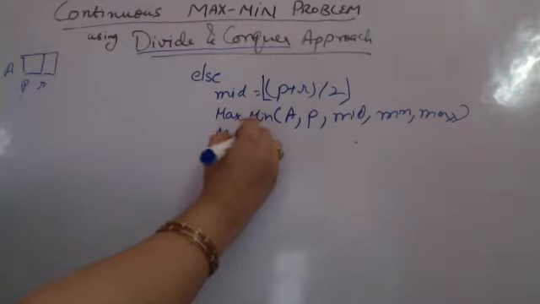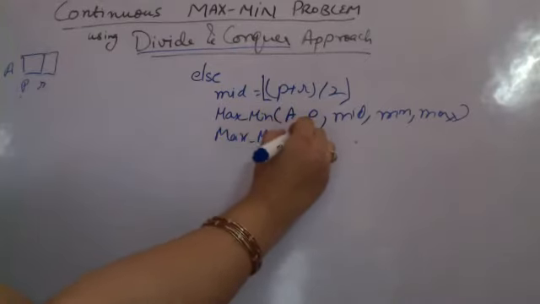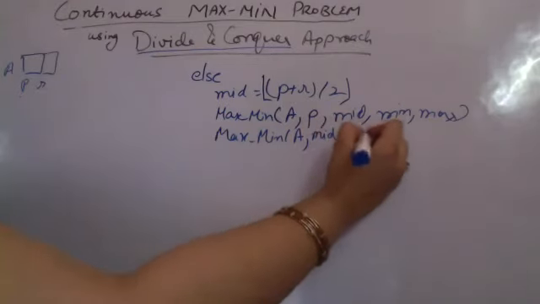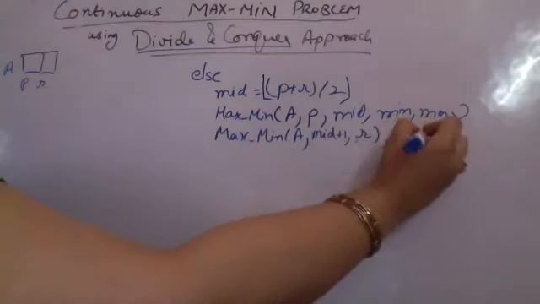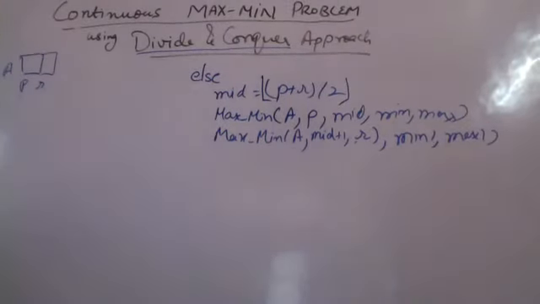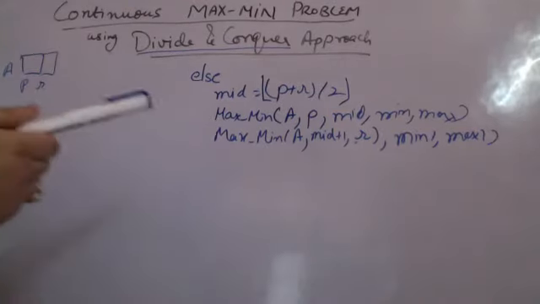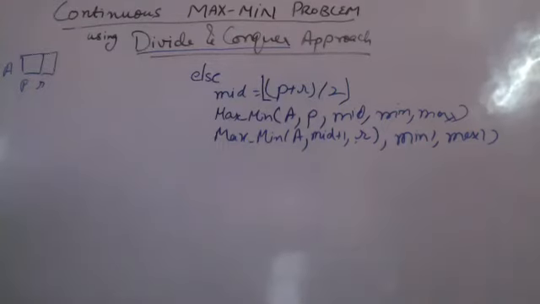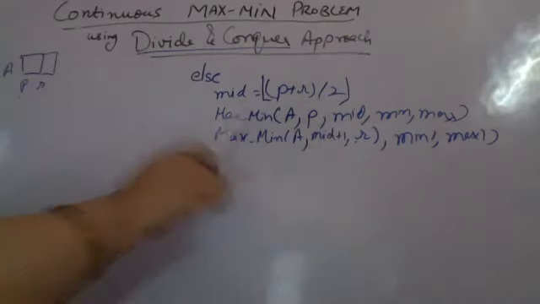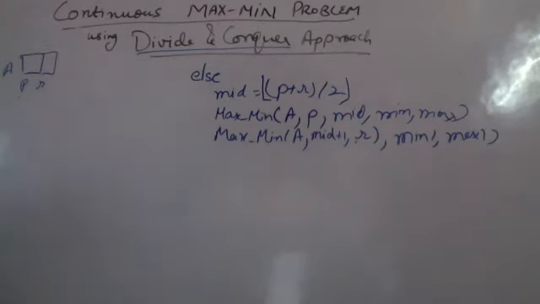And I am again calling this max min for the next list, which is starting from mid plus 1 and running till R. And I am again having min 1 and max 1 supposedly for these. So I am having a separate min 1 for minimum and max 1 for maximum for this. So whatever will be returned, I am assuming min 1 or max 1 may return from this call. After the call for these two are over, I will be having minimum and maximum from this first half, और second half का maximum और minimum होगा.